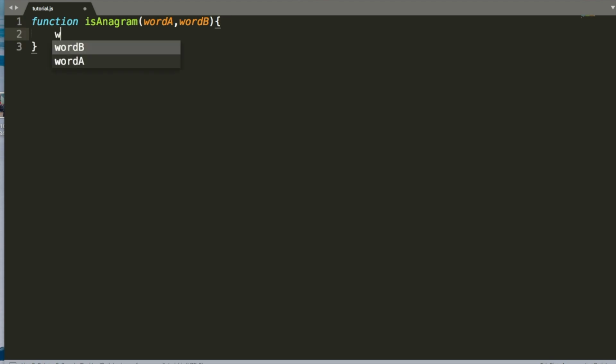So first thing we're going to do is sort word A. One thing to keep in mind is you can't take strings in JavaScript and just sort them. You have to break them into arrays first. Arrays are sortable, and so to illustrate this concept, we'll do a function, we'll return word A, and we will do